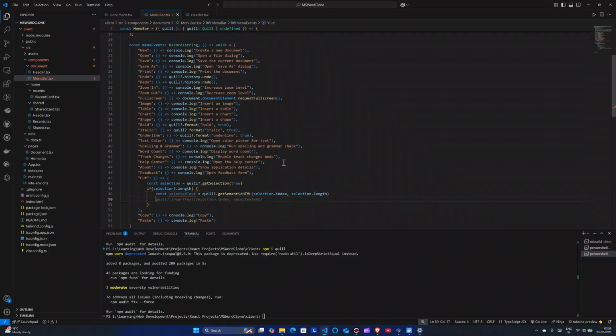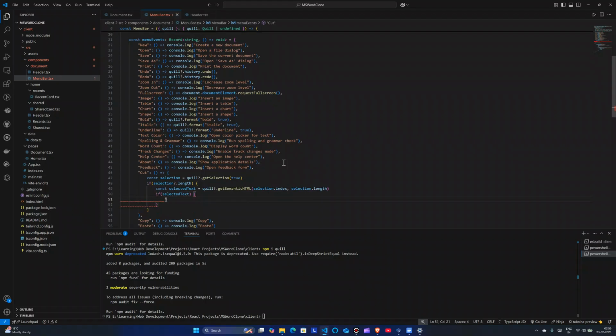Alright, we will be getting the selected text basically, and if selected text, then what we will do is